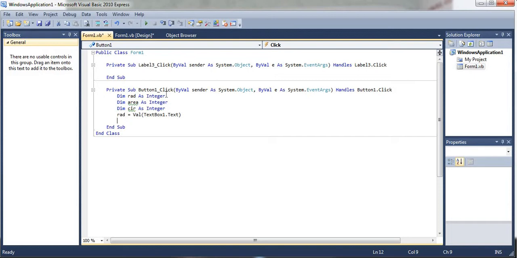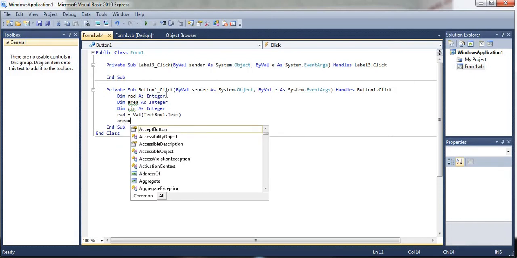After that, I want to calculate the area. So area equal to, area is also a variable. What should be in the area? What is the area of a circle? Pi r square. So in this area, I can write pi r square. We got the radius, and now in this area, pi r square. So what is the value of pi?